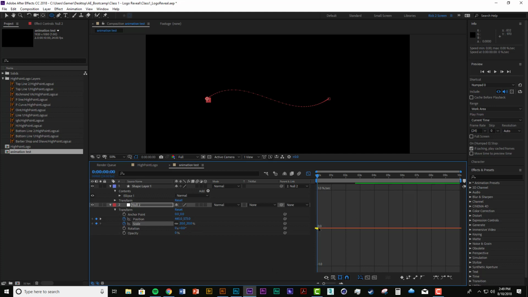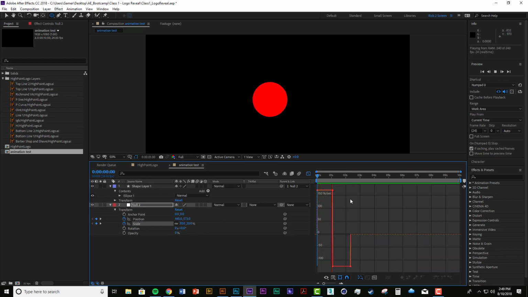And you can see how a keyframe's already been set right here. And then I'm going to go forward to the midpoint and scale this up to 200%. Now it's automatically making keyframes because I've hit the stopwatch and now I'm animating. And at the end of this, I'm going to go back down to 50%. So you can see it's not that bad just because the position animation is so nice,